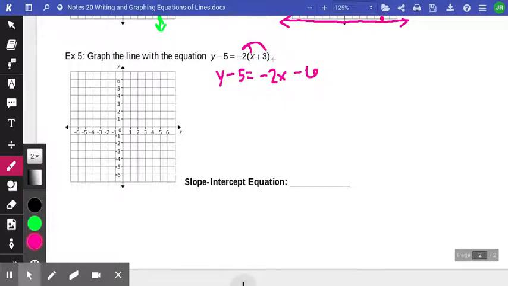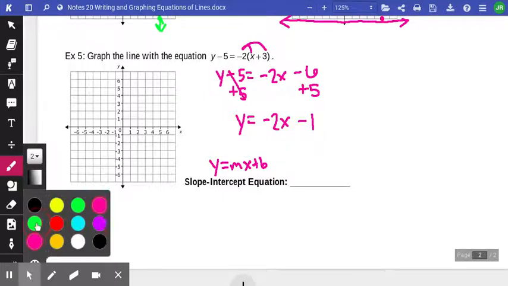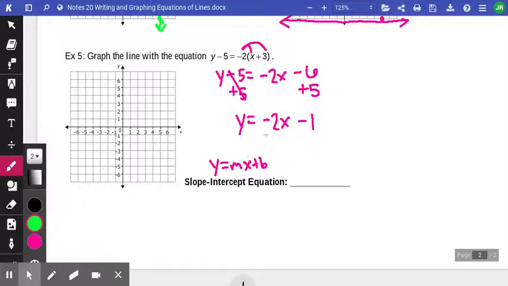Okay, so now we have the parentheses gone. The equation, slope-intercept form, y equals mx plus b. We need to have y by itself. So undo a minus 5, which means add 5. It doesn't look like this, but it looks like this. So we'll add 5 to the minus 6. These cancel. This will give me y equals, and then negative 2x, and then negative 6 plus 5 is negative 1. So here's my slope-intercept form, which tells me, okay, when I compare these, my m, the number in front